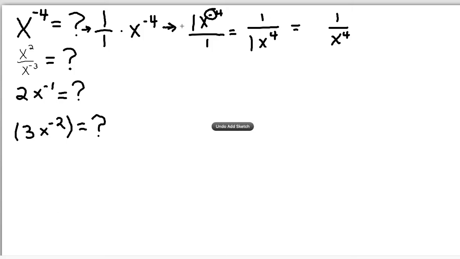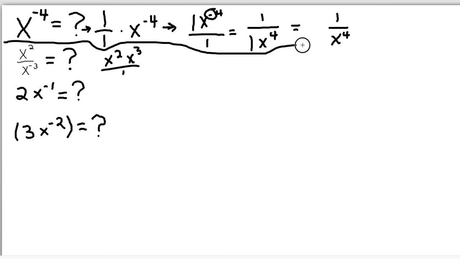Okay. No. We're actually supposed to have x, here we go. x squared, x cubed over 1. There we go. So, get that line again. There we go. And so what we're going to be doing here is,